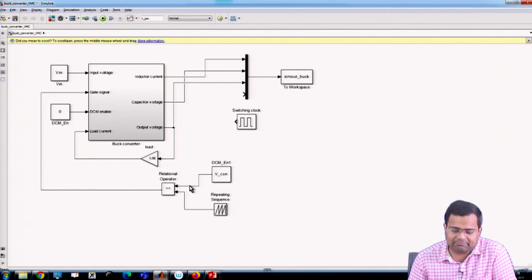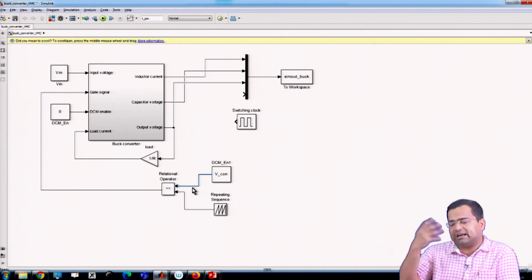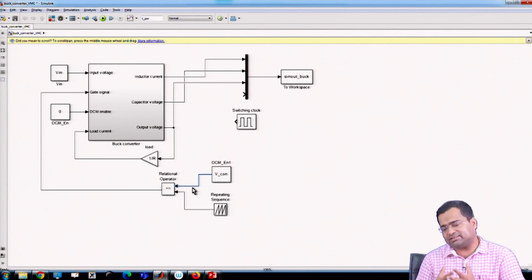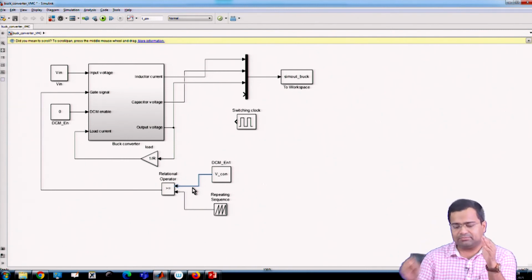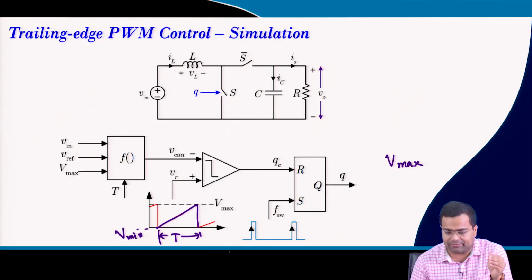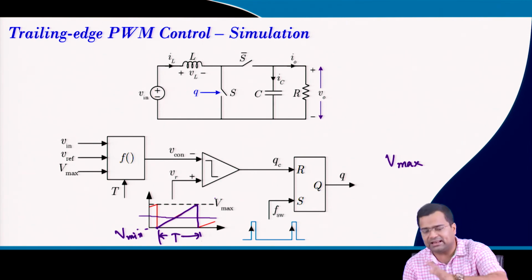We said it should be high when the Vcon is higher, but I took the reverse logic. As long as Vcon is higher than the sawtooth voltage, because if you go back to this waveform, if we set Vcon somewhere here, so it is higher, then it should give the on pulse. This is a Vcon, but we have not yet incorporated the latch circuit.